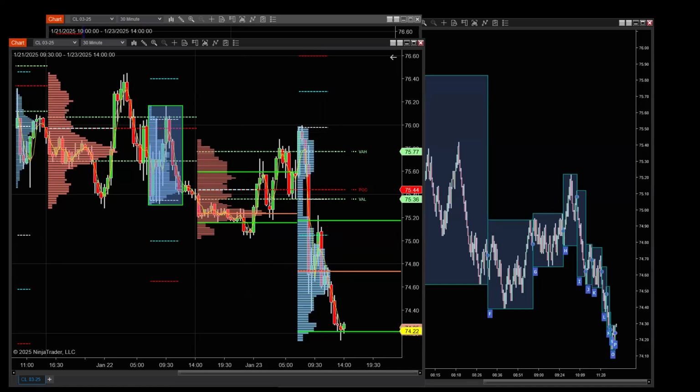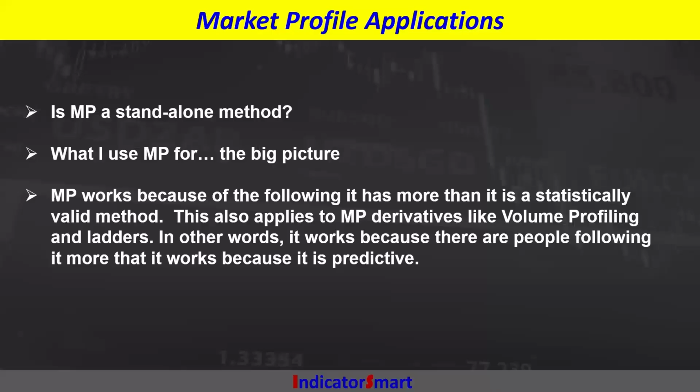So is market profile a standalone method, was the question that I had asked. And the answer is it can be. But what do I use market profile for? I use it as part of a bigger picture. I have many different things that I use, and the market profile is one of them, because market profile has a wide following. And so I strongly advise in your trading that you have an idea of where these folks are, because you will see, as we just saw in that chart, that the market will interact pretty much right on the money